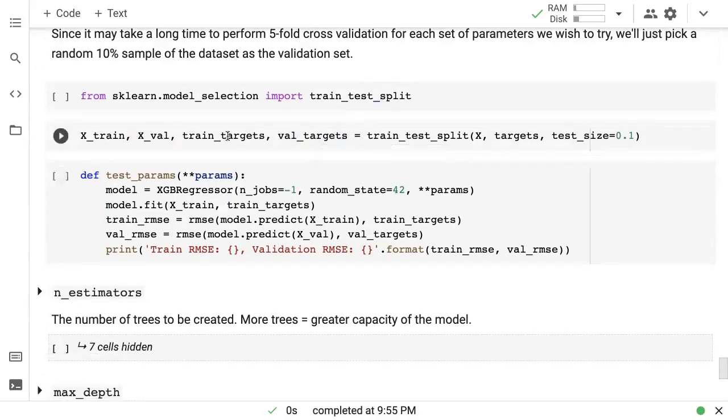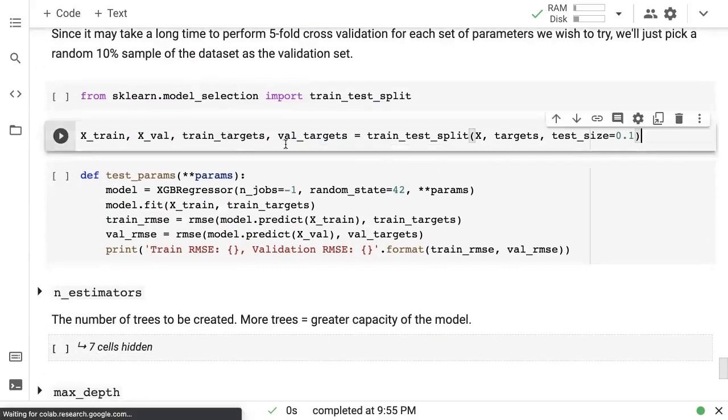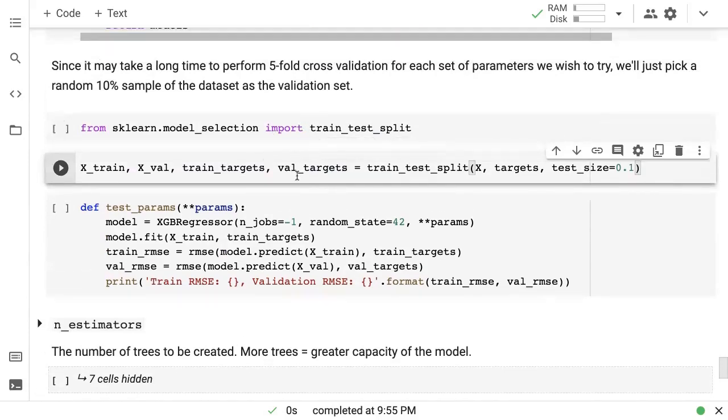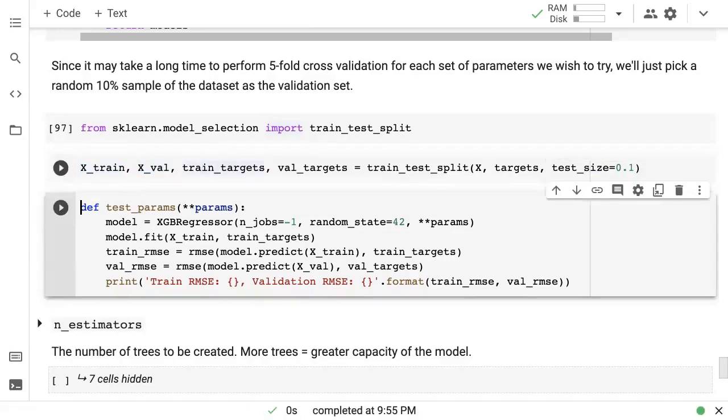And this is a choice that you will have to make from time to time. So I'm just going to fix a random 10% split of the data as the validation set. Here I'm importing train_test_split, and then calling it with the inputs and the targets, and setting the test size to 0.1. That should give me a training set with 90% of the data and a validation set with 10% of the data. And I guess for 1,000,000 rows, 100,000 rows is enough to accurately verify the model.